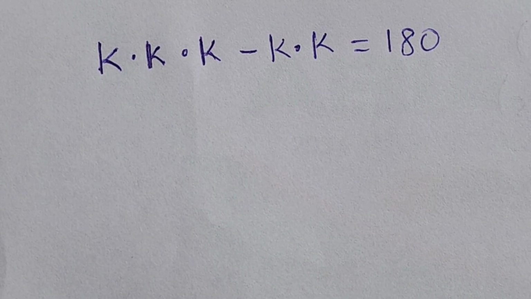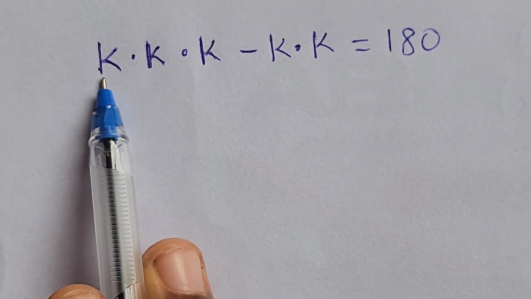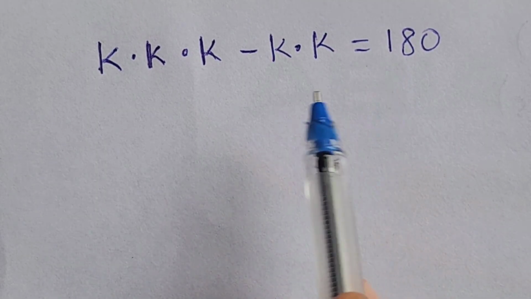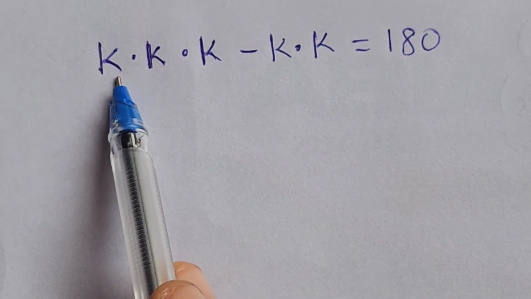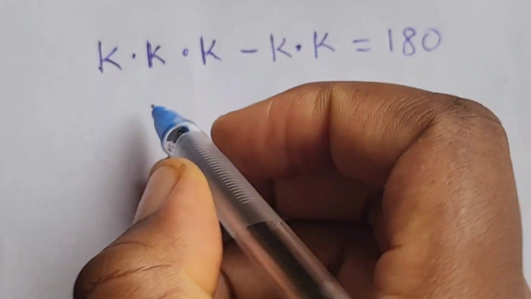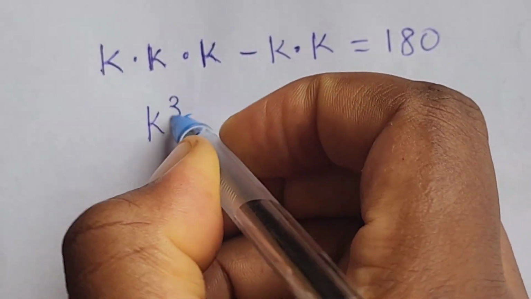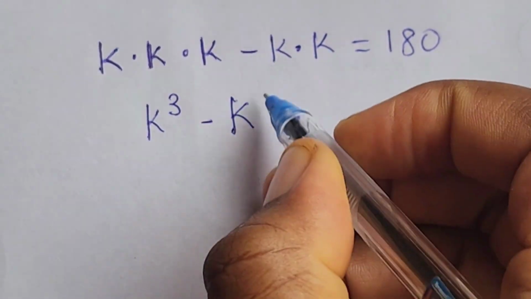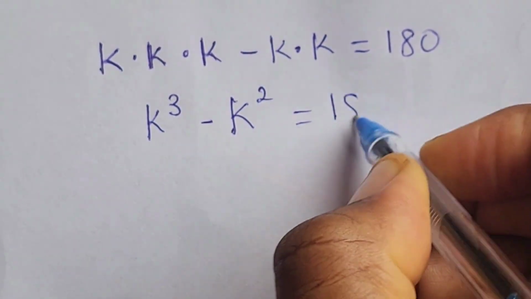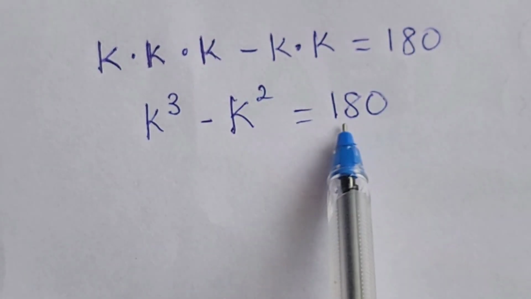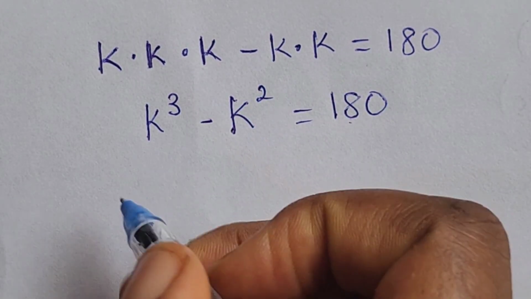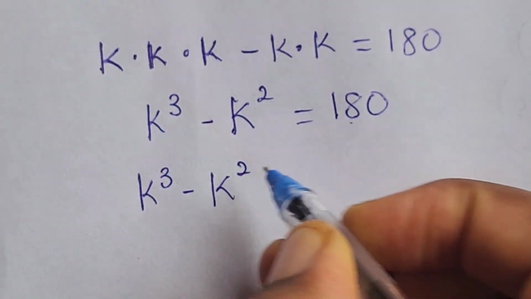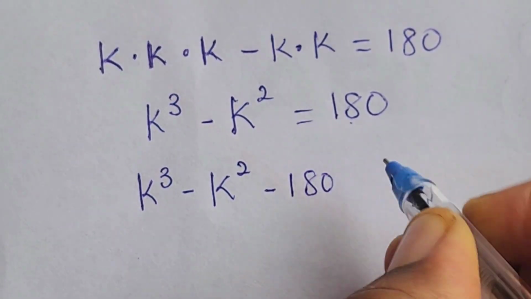So today we want to resolve this problem. We have k times k times k minus k times k equal to 180. But when we have k times k times k, this is the same as k to the power of 3, minus k times k, which is k squared, equal to 180. So when we move the constant to the left, we'll have k cubed minus k squared minus 180 to be